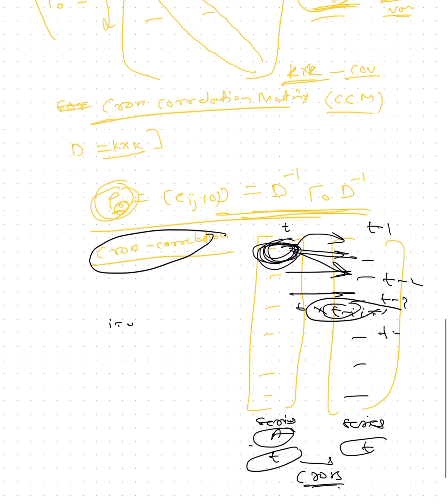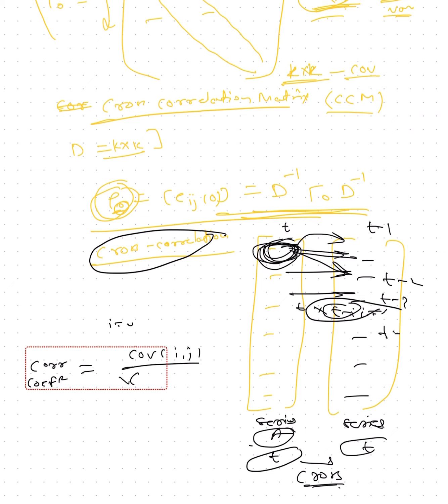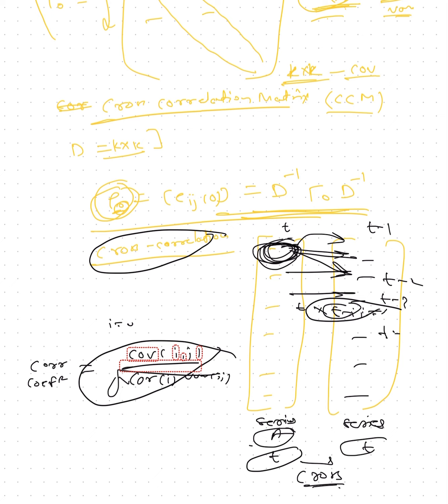Obviously, the formula is very simple and is the standard formula of the correlation coefficient, that is covariance of i and j upon the standard deviations of i and j. It is the standardization, which is a simple formula. We are continuing with the same formula. So that's all for now. So we have studied so far